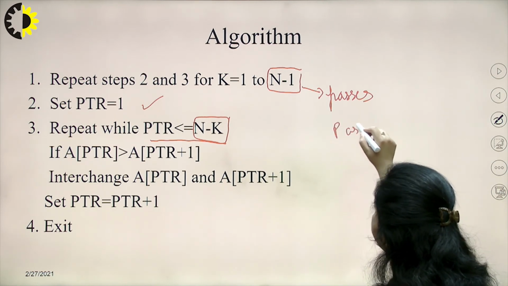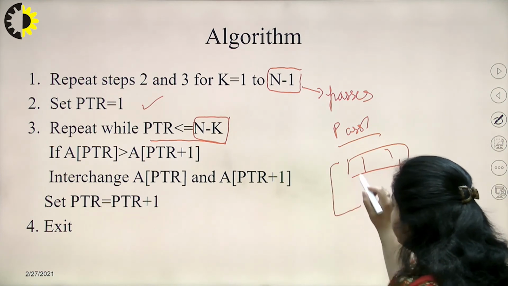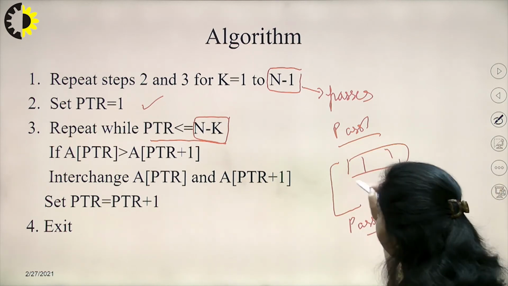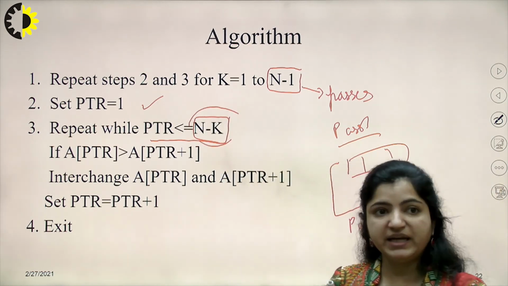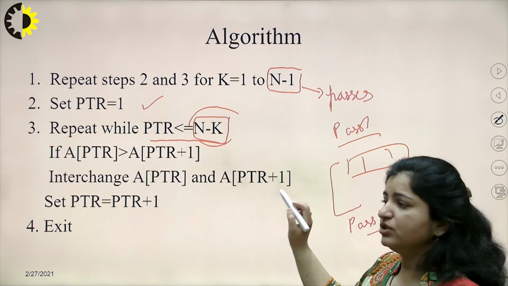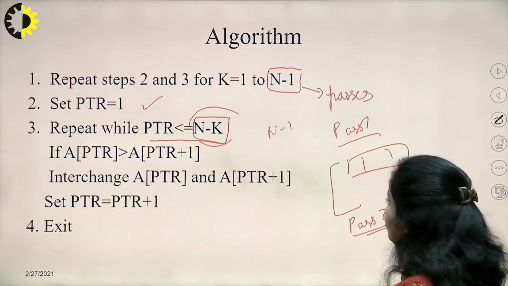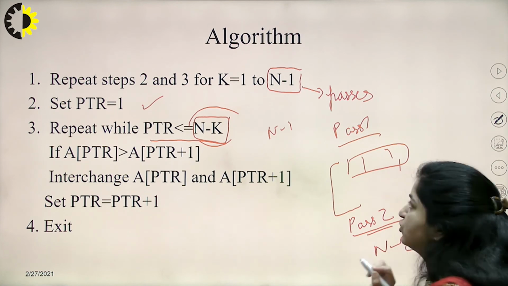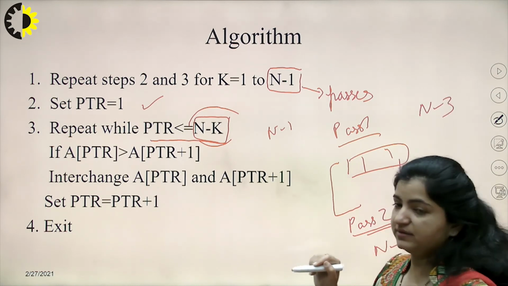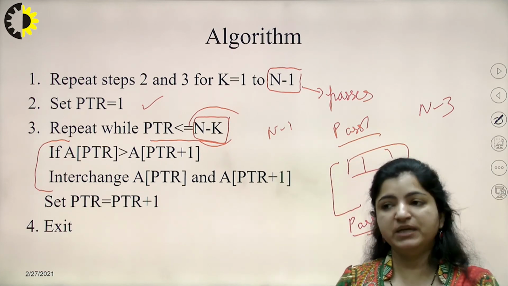Like in the first case I have done pass 1, fine, then I was doing some comparisons, fine. So how many comparisons need to be done in this pass before I proceed to pass 2, fine. This number of comparisons is found by this value, that is n minus k. So if you are in pass 1, how many comparisons are you doing? n minus 1 comparisons. In pass 2, how many comparisons are we going to do? n minus 2 comparisons. If we are in pass 3, then we are going to do n minus 3 comparisons. So the total number of comparisons is also reducing as the largest element is bubbling up, fine.